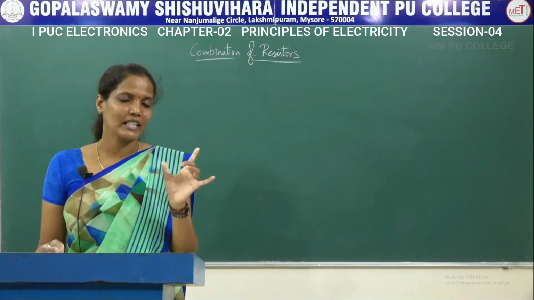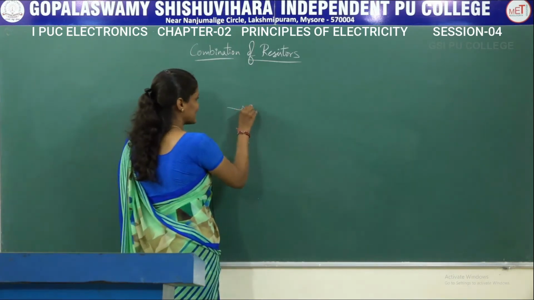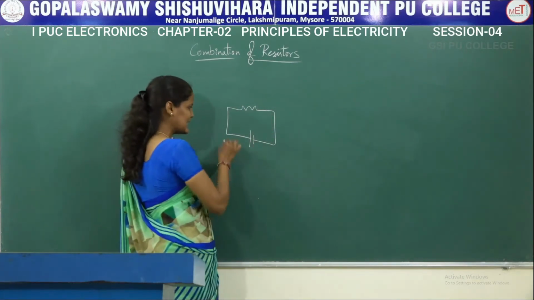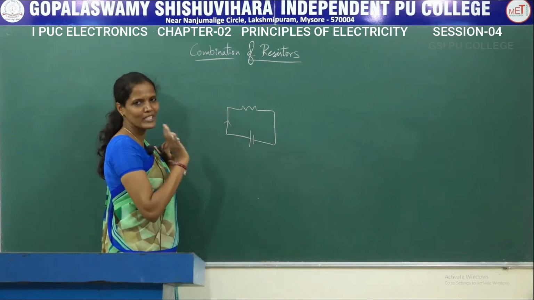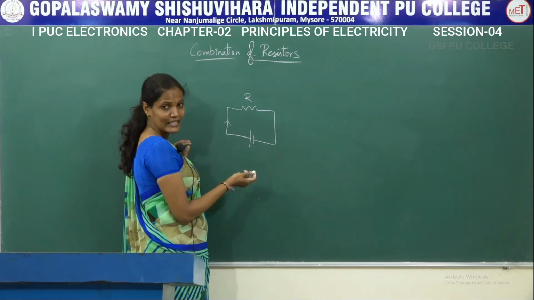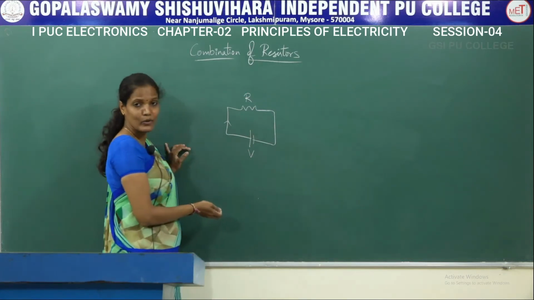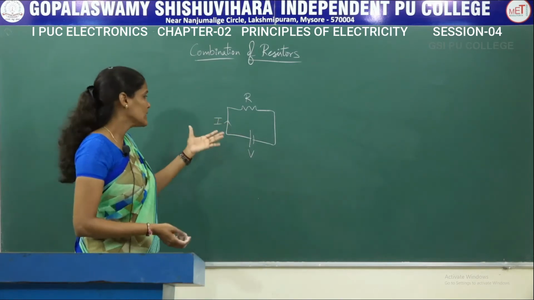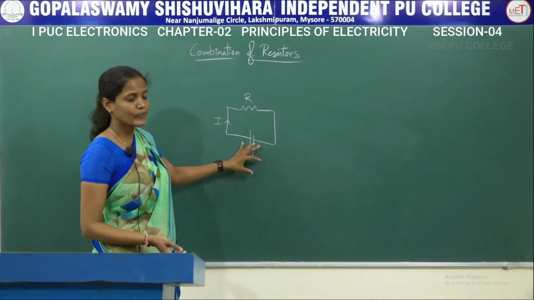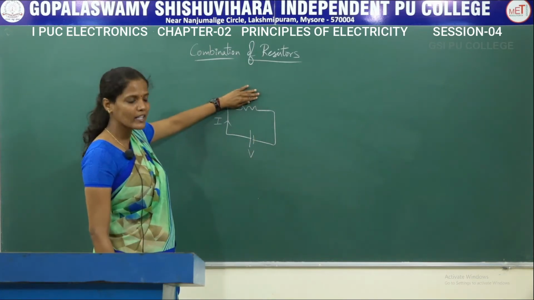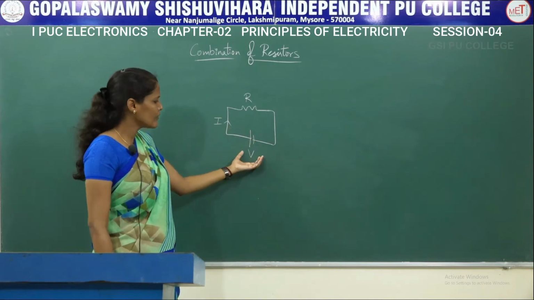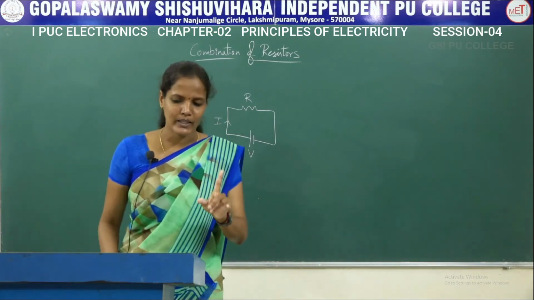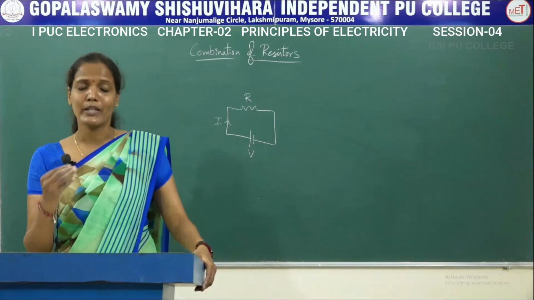Simple circuit, I had already written it, a simple resistor connected to a battery. It is a simple resistor where I can easily find out the value of current flowing through this resistor. This is R, that is nothing but the resistor. This is the voltage I am going to apply, that is the battery voltage, and here the current will be flowing. I can easily find out the value of I for the given R and V, or I can find out the value of R for given I and V, or find V for given R and I. That is, in order to find out any one parameter, the other two parameters must be known to us.